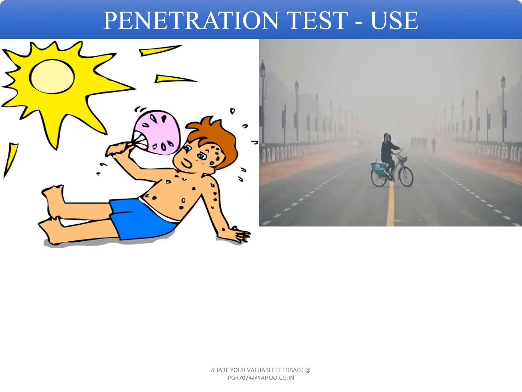So the uses of the penetration test: the penetration test is applied exclusively to bitumens. Tars being soft, the penetration test of these materials cannot be carried out. The value of temperature affects the use of the bitumen. 30-40 or 80-100 grade bitumens are more common for road constructions, depending upon the type of the construction and the climatic conditions. In hot weather conditions, 30-40 bitumen is preferred.